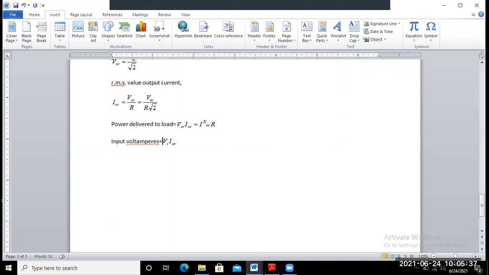Okay. So what is the input power factor for the single phase full wave rectifier? The unit is volt amperes. So input power factor is equal to output volt ampere divided by input volt ampere.